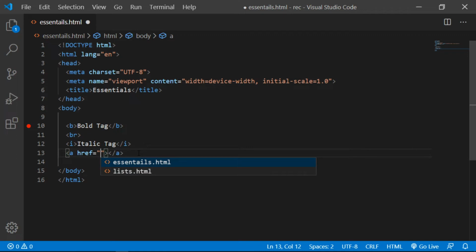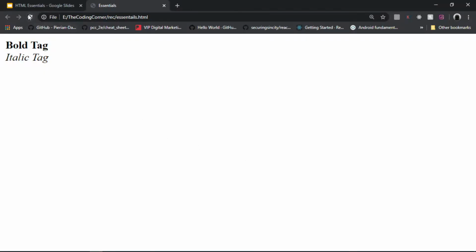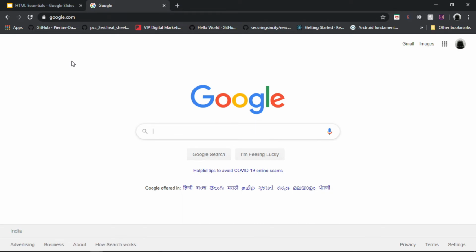Now we'll just type in, let's say, https://www.google.com and we'll type in Google to display as the text. Now here the Google will display as the text for our link. This is the website where we'll be redirected if we click on this Google. Alright, so I'll just hit save and in the browser I'll reload my web page. So as you can see, Google appears here and when I click Google, it opens up in the same tab.